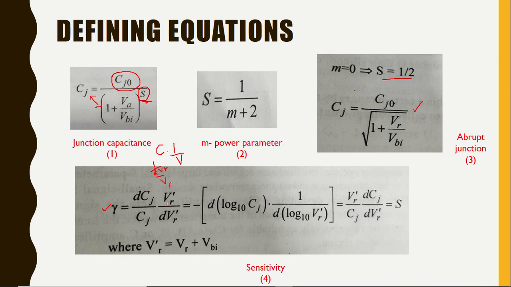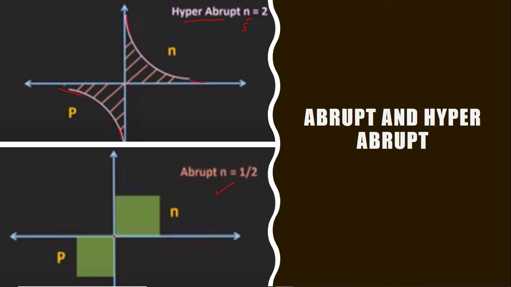Right? When you reciprocate this term, we'll get VR dash by dVR dash. So it is actually the variation of capacitance dCj with respect to capacitance, into the inverse of the voltage. When this is reciprocated, we get VR dash by dVR dash. So this inverse relationship, where the voltage and the capacitance are inversely related, is called the sensitivity of the varactor diode. And this is an important 2 marks question for us. They'll ask us to define what is sensitivity. We need to write this particular formula.